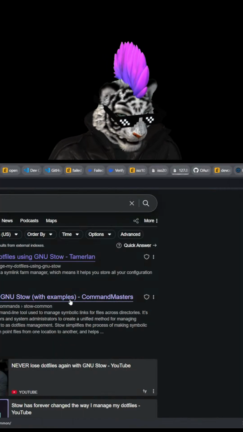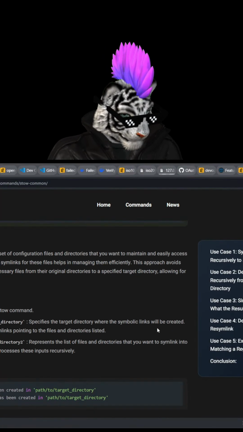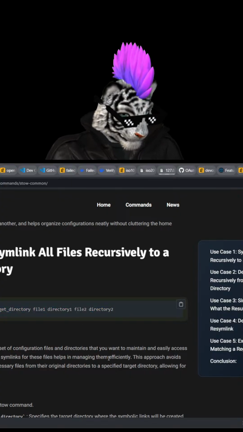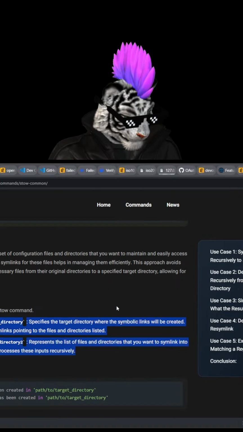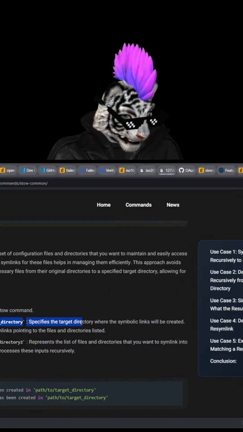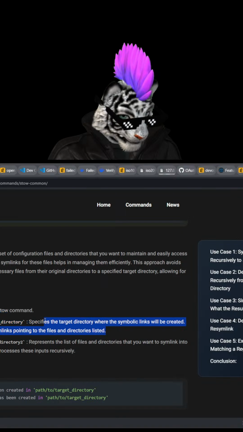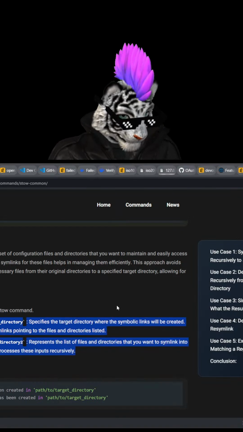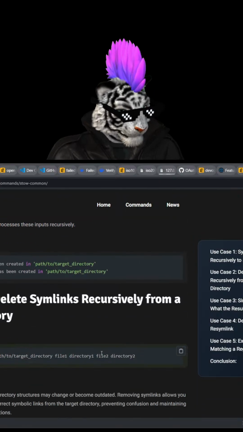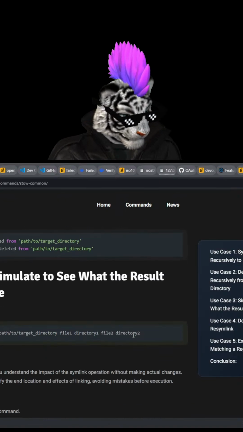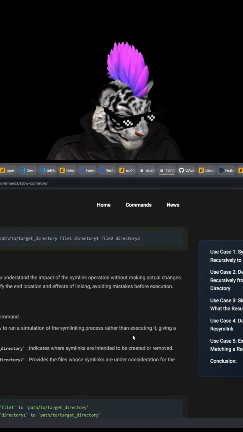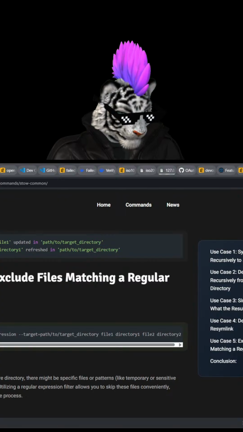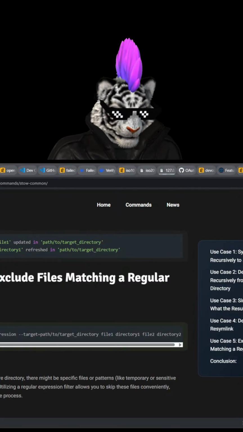That's great. That's super useful. Okay. There we go. Yeah, so this is where the symbolic links will be created. All right, so I think what I want to do,